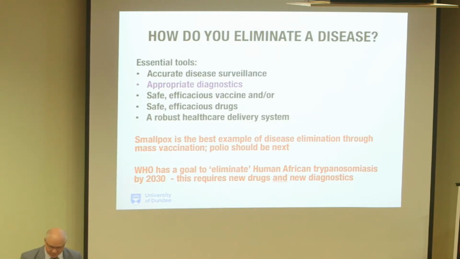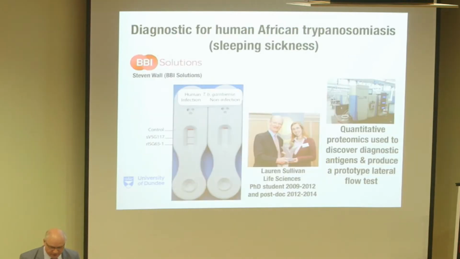So this is different from drug discovery, but it's diagnostic development. So using some quite high-tech capabilities and technology, a thing called quantitative proteomics that uses high-end mass spectrometers, a PhD student of mine, Lauren Sullivan, created this little device. It's a bit smaller than this. It's only about 3 inches long, but it looks rather large on the screen. So it's very much like a pregnancy test device, about the same dimensions.